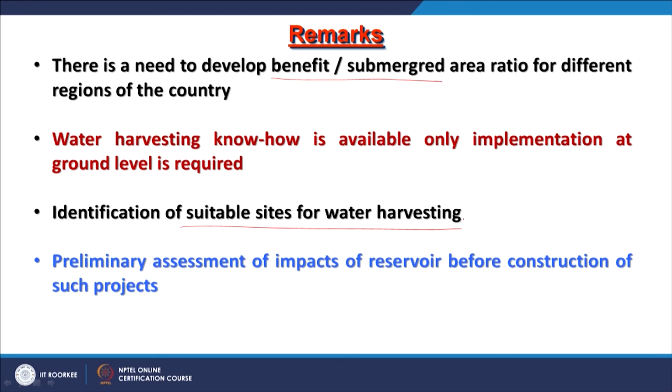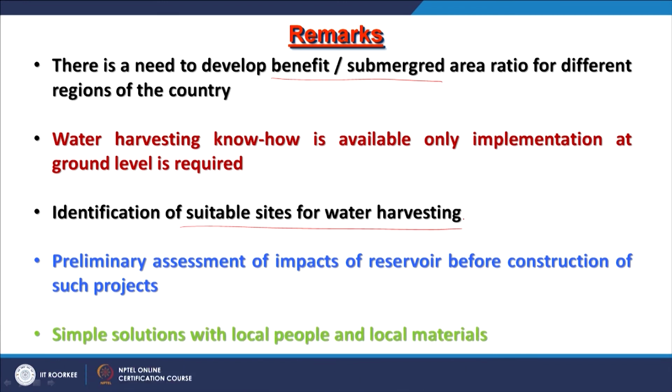You do not require many decades to construct such a structure, just one season or two seasons, or 1 year or 6 months. Employing local material and local people, one can construct such check dams, and not only one but, if possible, in a cascade on the same stream, multiple. The tail of one reservoir ends where another starts, because we want to hold or delay the rainwater as much as possible. So, simple solutions with local people and local material are possible.